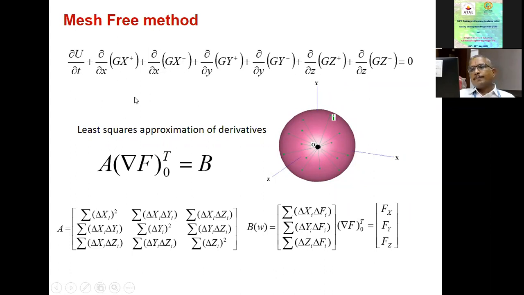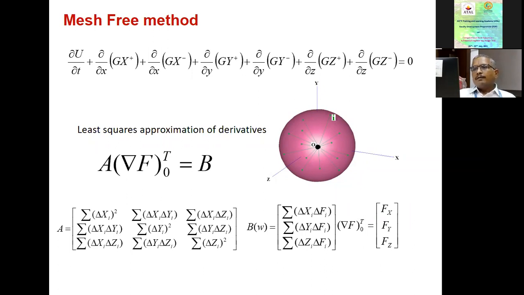So here you can see our idea is to update the solution or solve for these equations. By solving for this, marching in time, we would get the solution for this U, which is the conserved vector. So in order to march in time, we would then require to evaluate the derivatives of these various quantities. What are these quantities? These are the derivatives of the flux vectors, and the flux vector itself has three components: X, Y, Z, and each component itself is a vector having components representing the mass, momentum, and energy.